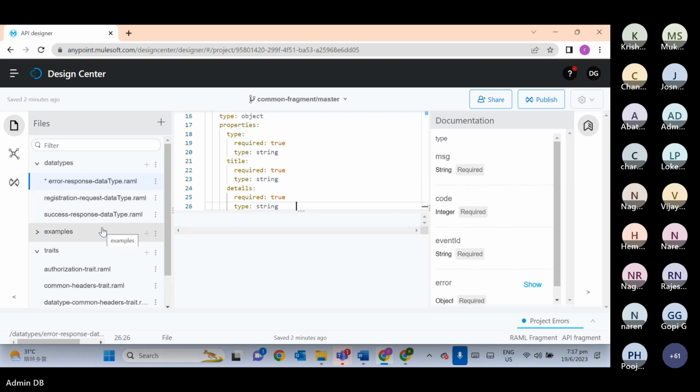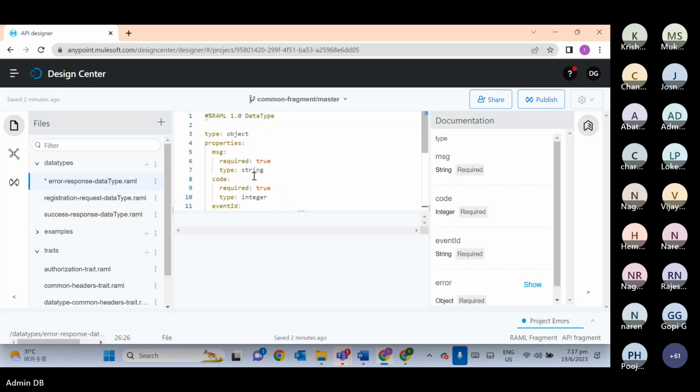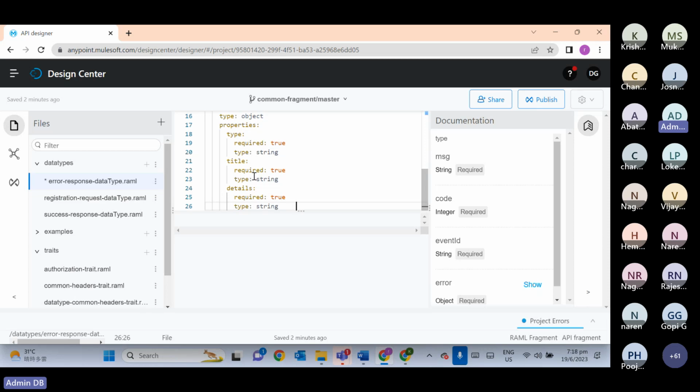Okay. Error response data type. So this data type we have defined, but